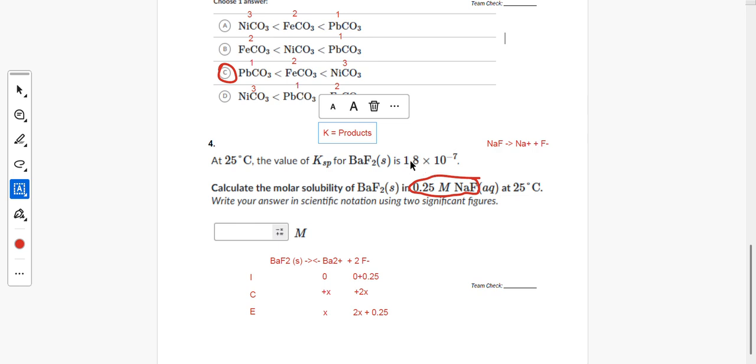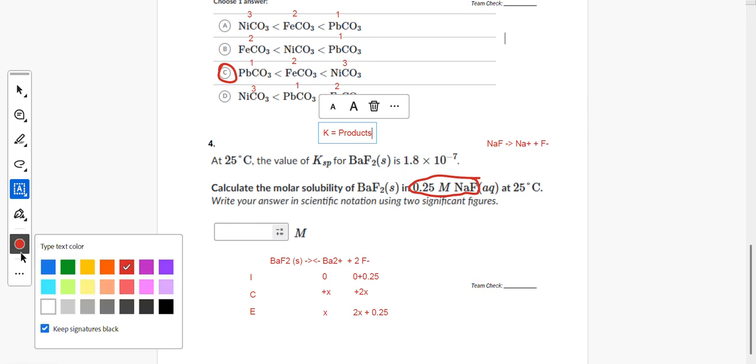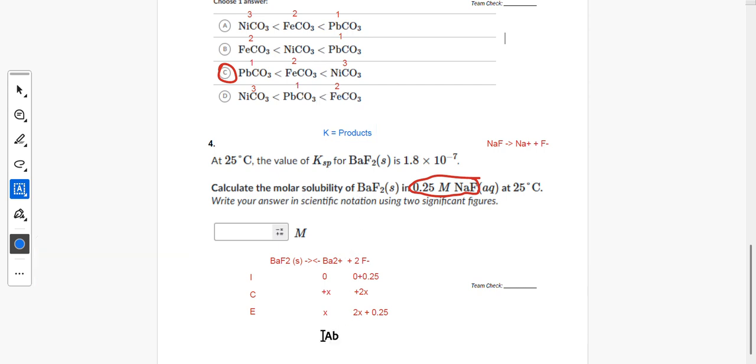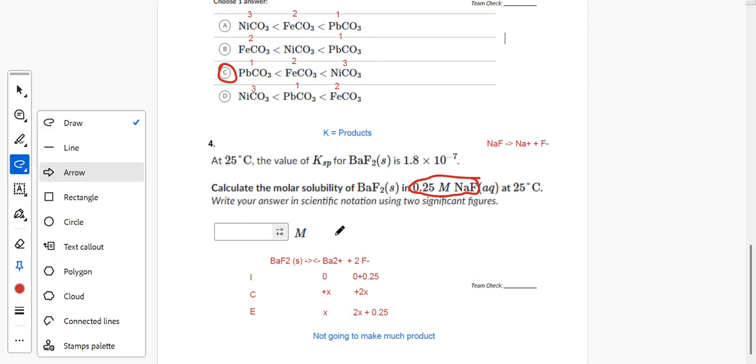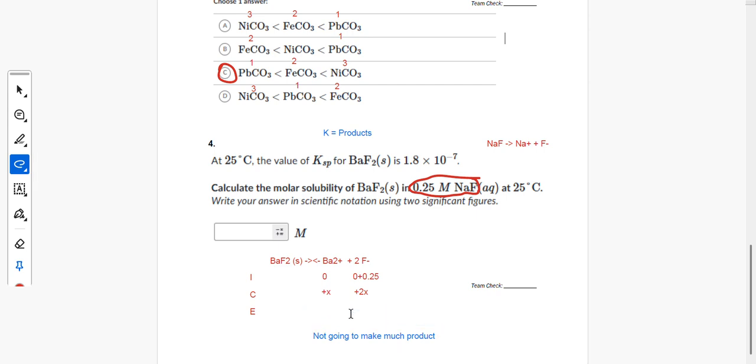And so with this tiny little K value, we can assume that we are not going to make very much product. And if we're not going to make very much product, we can take a shortcut. And that means that we can actually get rid